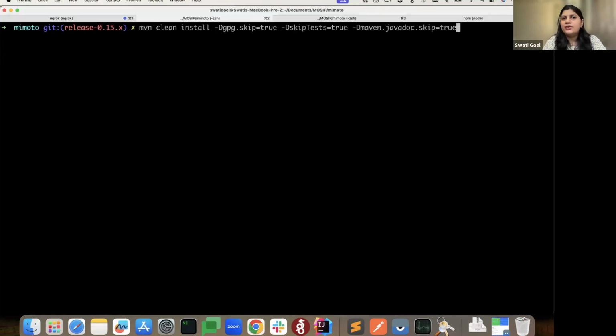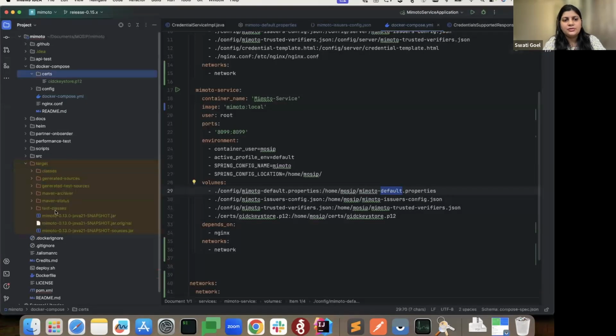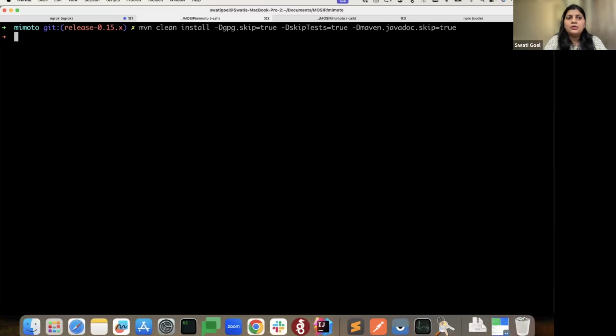We can easily use the maven command. This I have added just to fasten the process, skip the test while bundling the jar. This will create a jar in the target folder that you can see here, the Mimoto Java 21 snapshot jar. Once this gets created, you can directly use the Docker command,